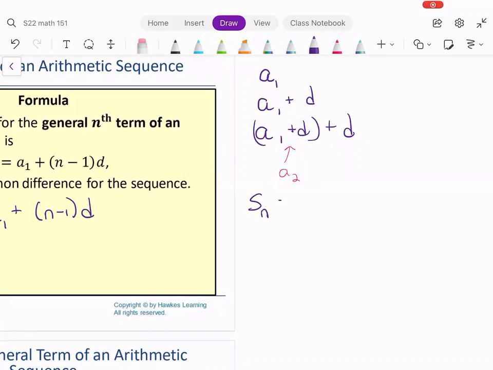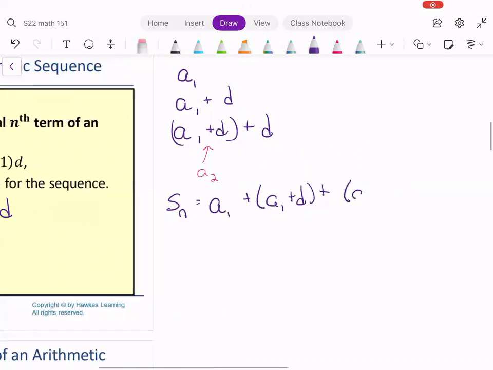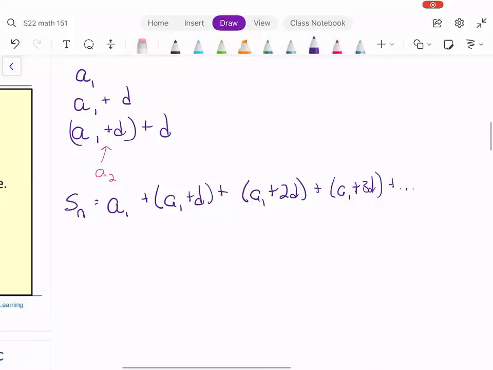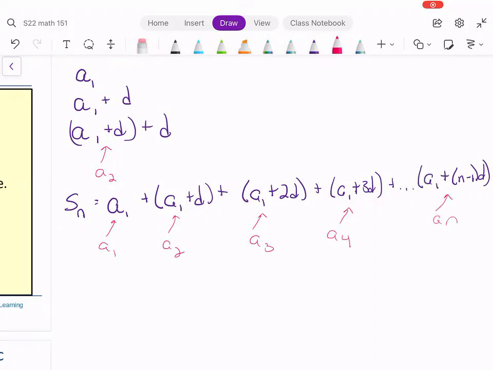So for example, s sub n would be a sub 1 plus a sub 1 plus d plus a sub 1 plus 2d plus a sub 1 plus 3d, and so on up to a sub 1 plus n minus 1 times d. Notice these are equivalent to a sub 1, a sub 2, a sub 3, a sub 4, a sub n. If we add all of those terms up, we can write that in summation notation,